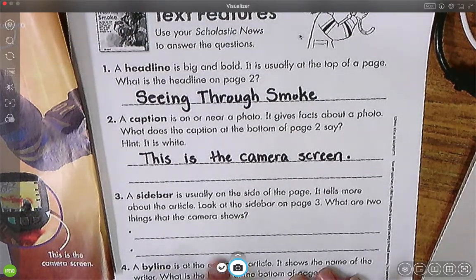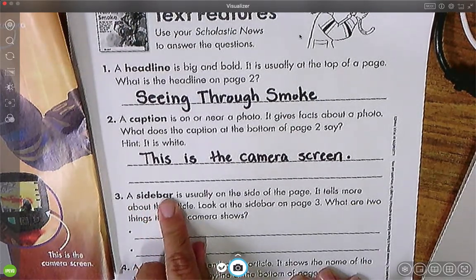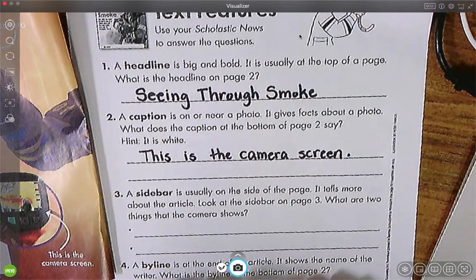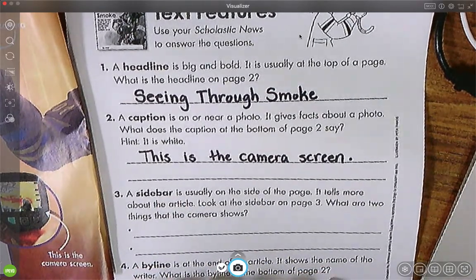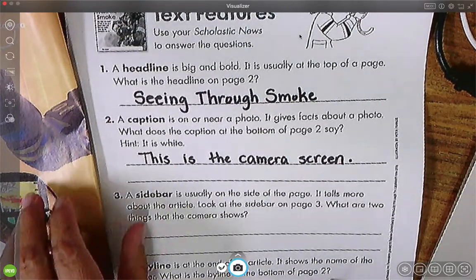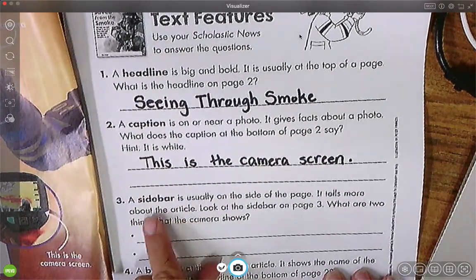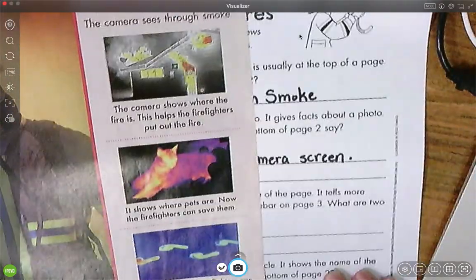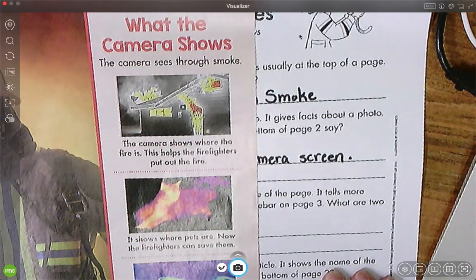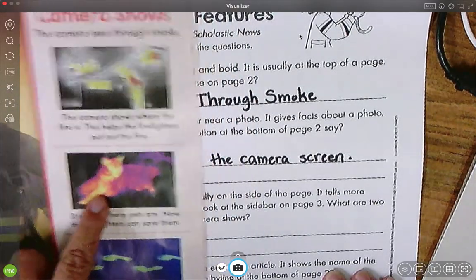Number 3, a sidebar is usually on the side of the page. It tells more about the article. Look at the sidebar on page 3. What are 2 things that the camera shows? All right, so sidebar is another nonfiction text feature. Here is the sidebar giving more information, and it wants to know 2 things that the camera shows. So we can write